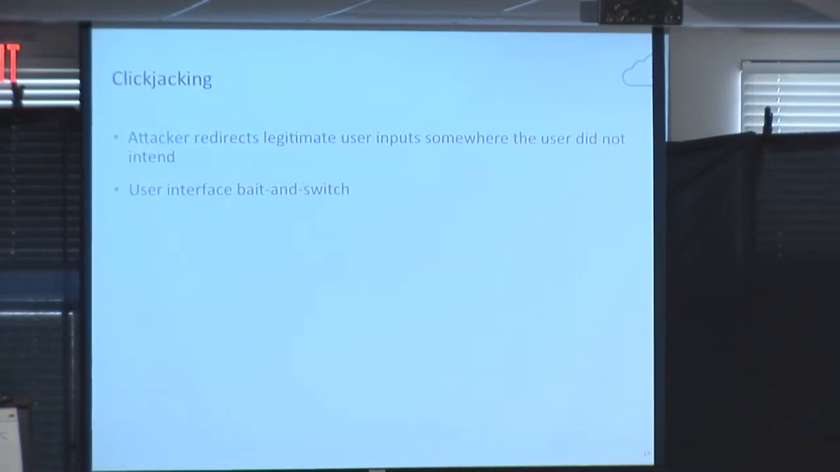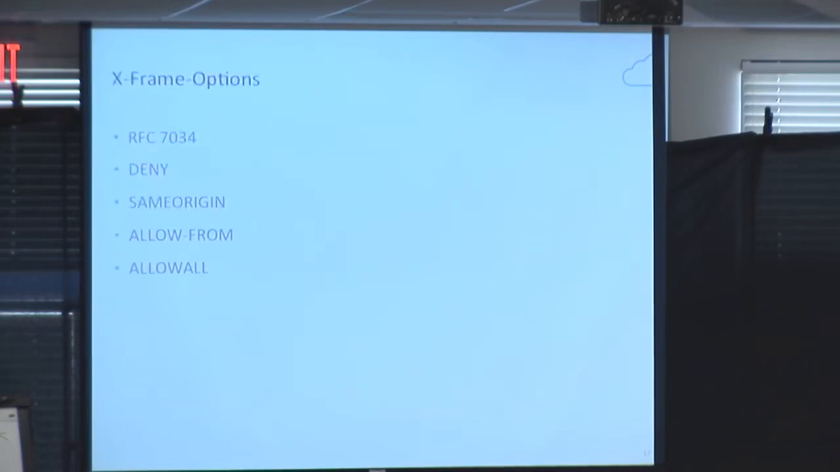So the next class of vulnerabilities I wanted to talk about is clickjacking. In clickjacking, legitimate user interactions are sent to have unintended consequences. Really, this is user interface bait and switch. The user thinks he's doing something else, and in fact, he ends up doing something he didn't want to do. So the classic way that this attack is exploited is you'll have a page, and